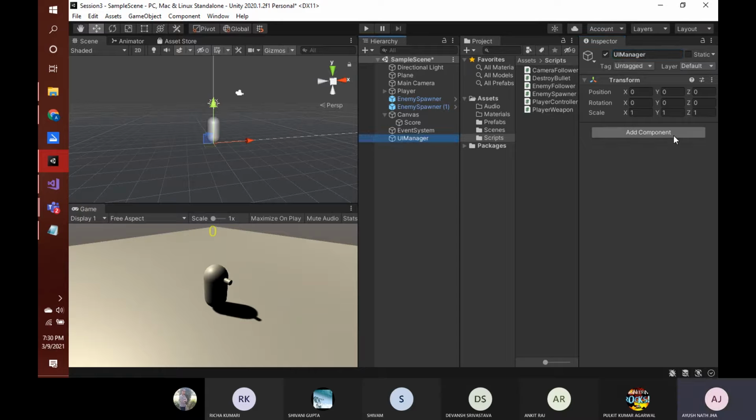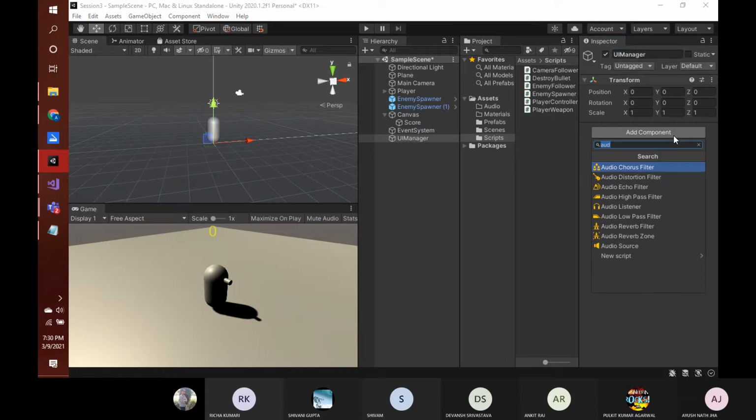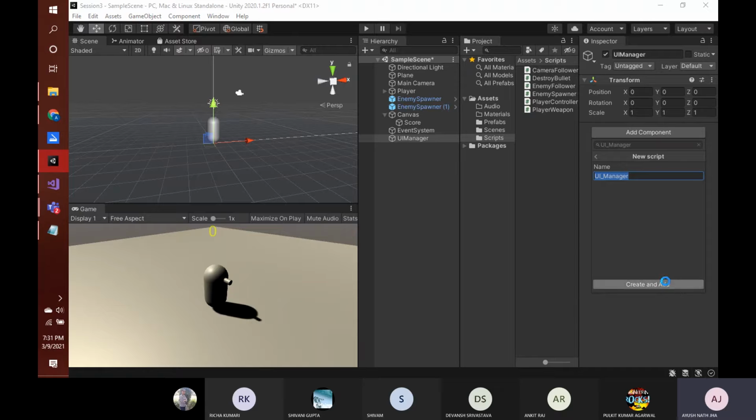Now in this UI manager, let's add a new script, and let's name this script UI underscore manager, since this will update all the things related to our UI. Currently in our UI, we only have this score, so it will be used for updating our score.